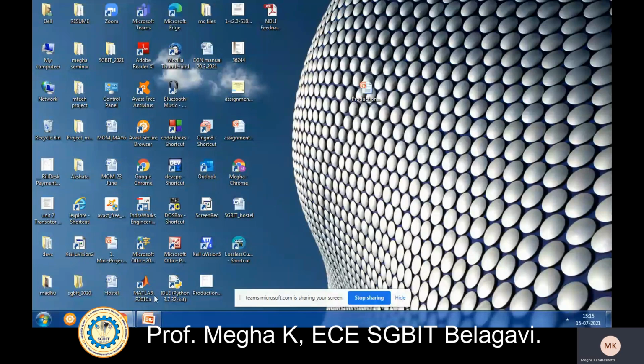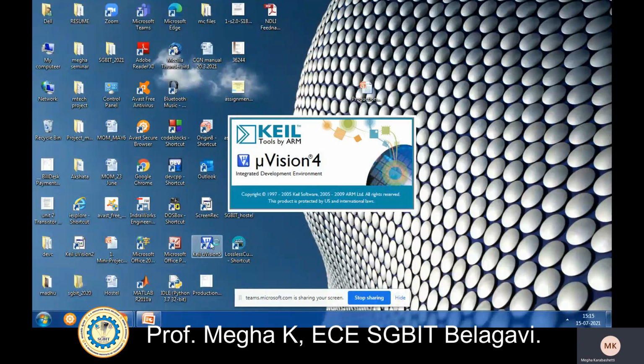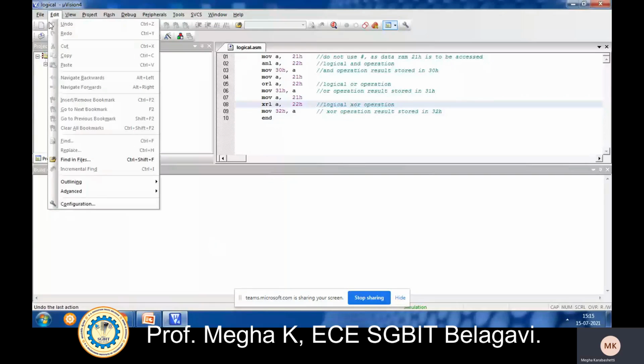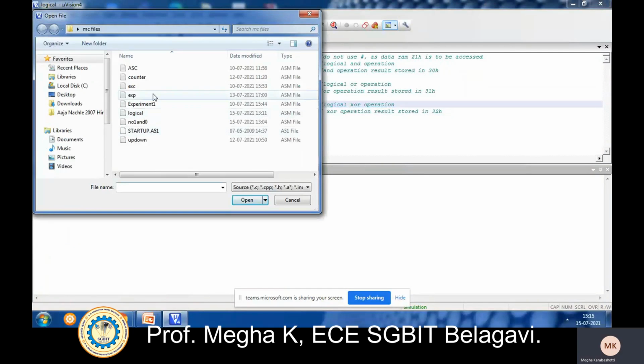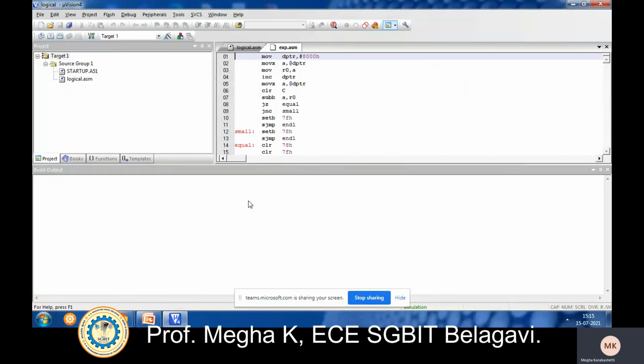We will see the execution of that program. Go to Keil software. I'm using Keil Microvision 4 here. I have already written the code, so I'll directly open the program. I have saved it as the exp.asm file.